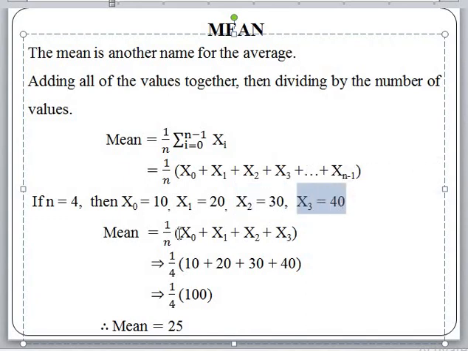If that is the case, we can substitute the values of n and x in this formula to obtain 1 by 4 into 10 plus 20 plus 30 plus 40. 10 plus 20 plus 30 plus 40 is nothing but 100. So 1 divided by 4 into 100 is nothing but 25. So the mean in this case is the sum of 10 plus 20 plus 30 plus 40 divided by 4, that is 25.